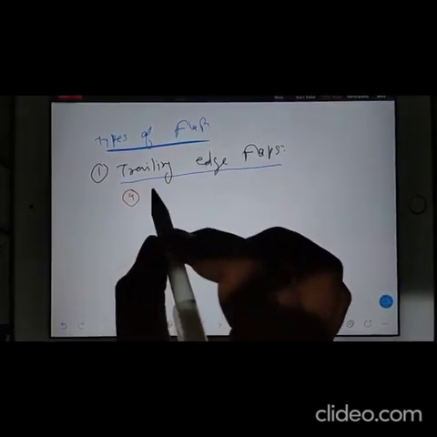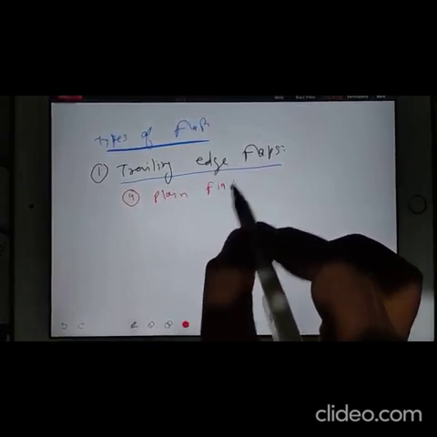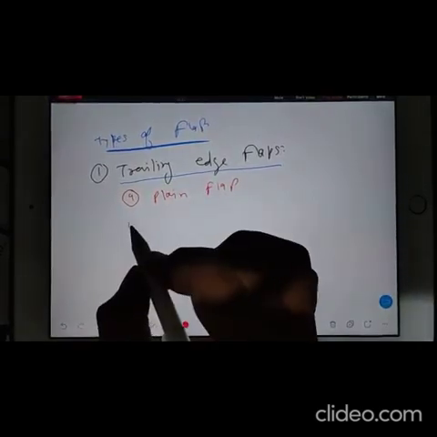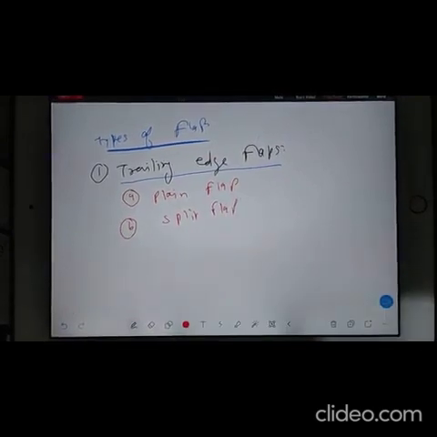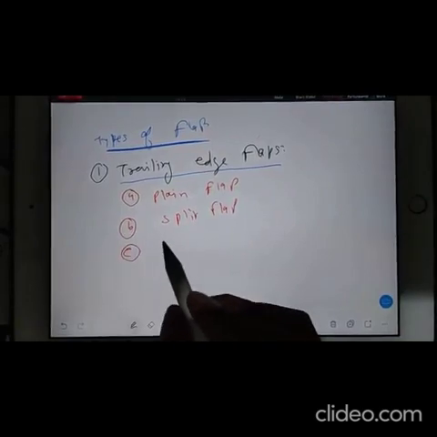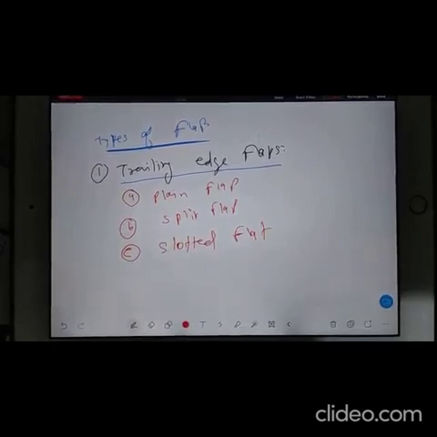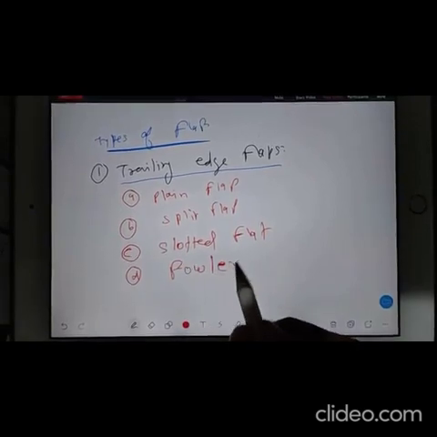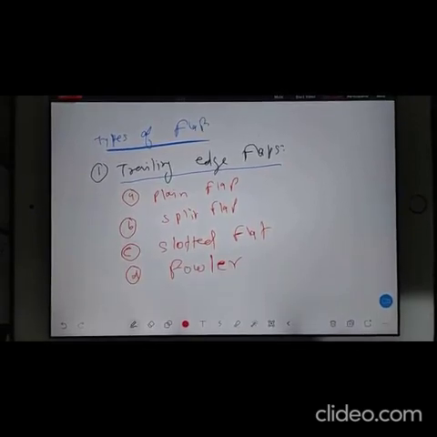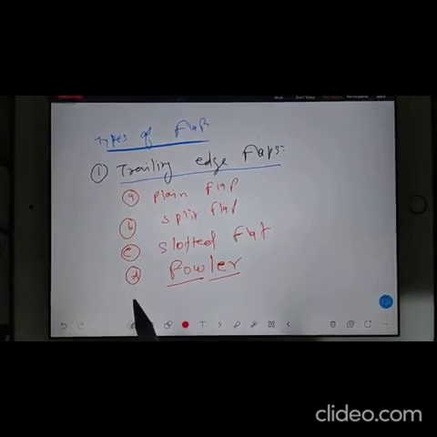In that you have first category, that is known as plain flap. And then you have split flap. And then you have slotted flap. Then you have Fowler flap. Fowler, F-O-W-L-E-R. It's not flower, it's Fowler. Then Zap,